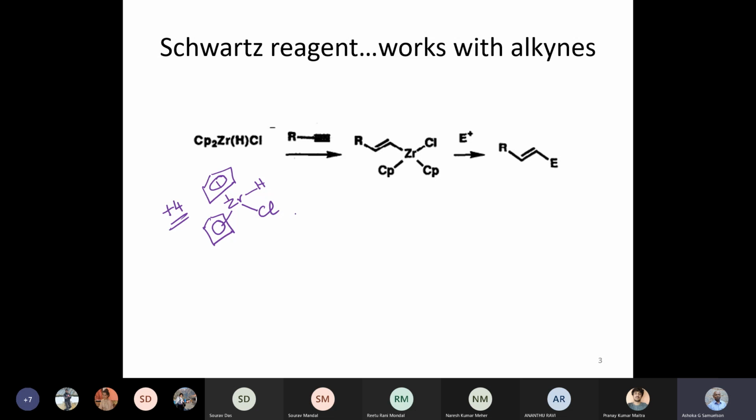When it reacts with an alkyne, so this is a C triple bond C, it can be converted into a substituted alkene in the end in a two-step process. In the first step, there is an insertion reaction in which the hydride moves from the zirconium on to an alkyne, which is coordinated to the